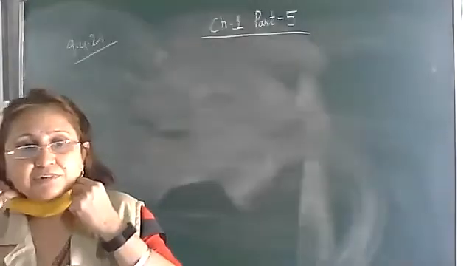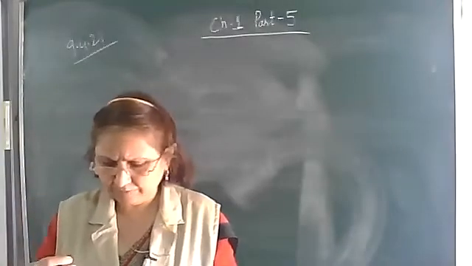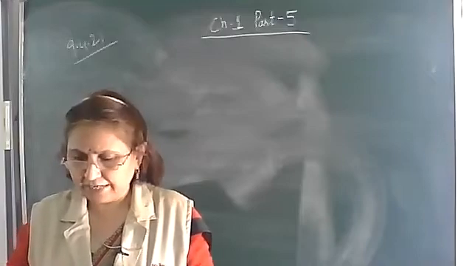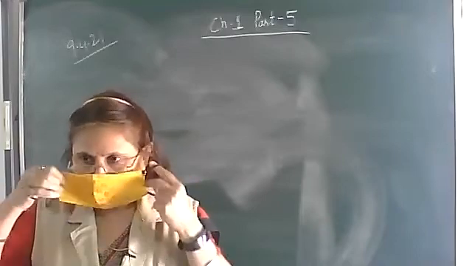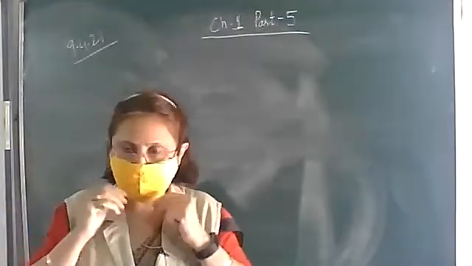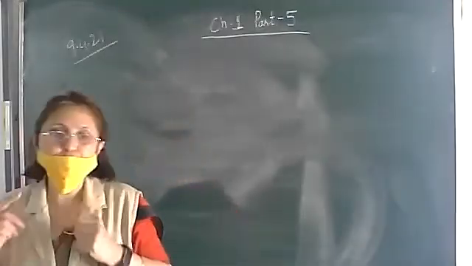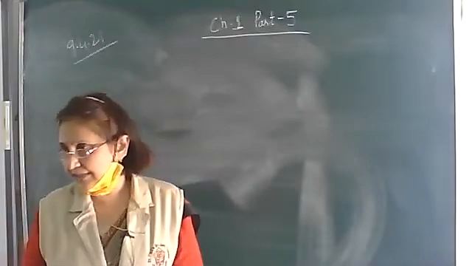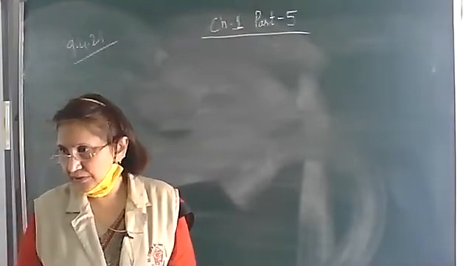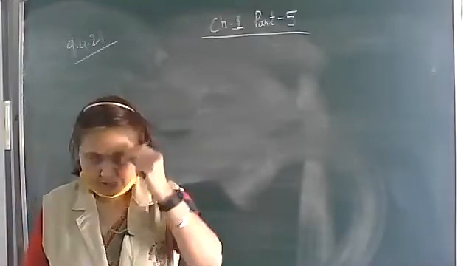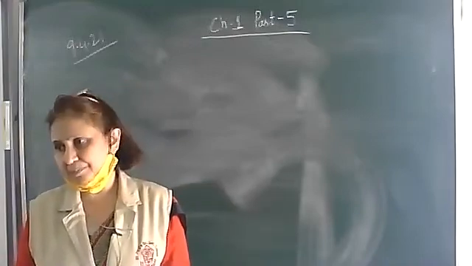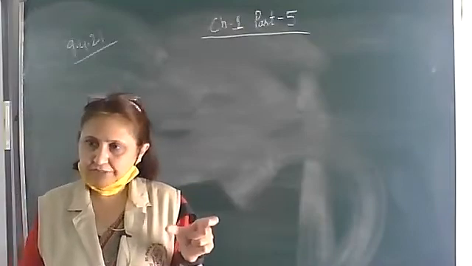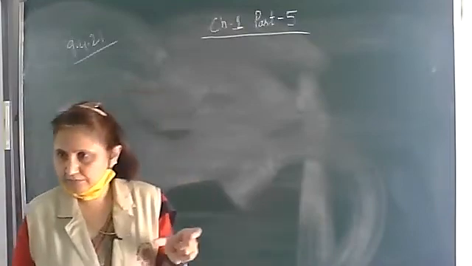Okay, so we were discussing the electric dipole. An electric dipole is a system in which there are two equal and opposite charges separated by a small distance. That we call an electric dipole. The strength of the dipole is measured by the dipole moment, which is the product of either of the charges and the dipole length. Dipole length here we consider to be 2a.